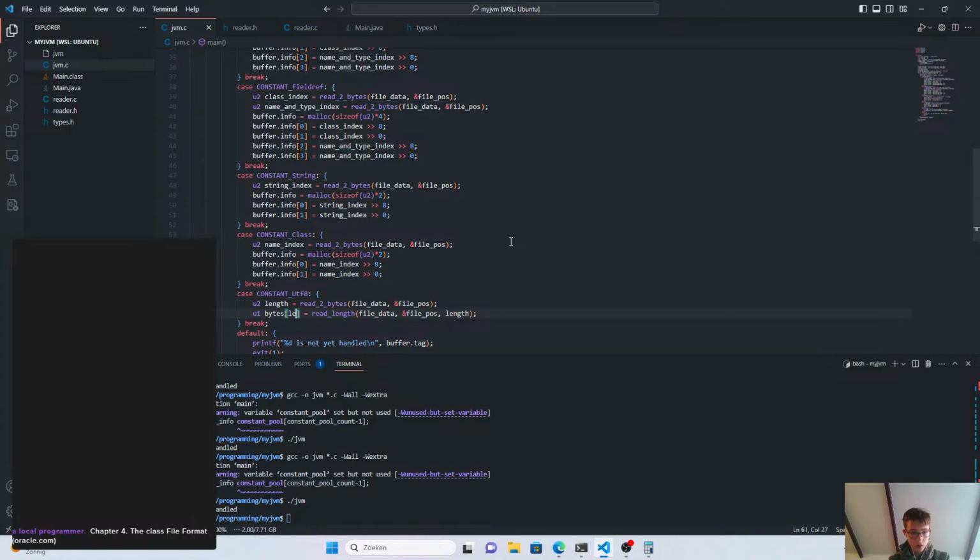I is less than the length and equals I. Well, it's going to be 2, so this one needs to be length plus 2 to account for the thing that we're experiencing. So buffer dot info at I is equal to bytes at I, and we can free the bytes